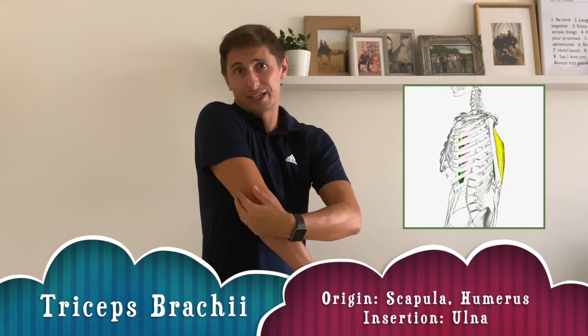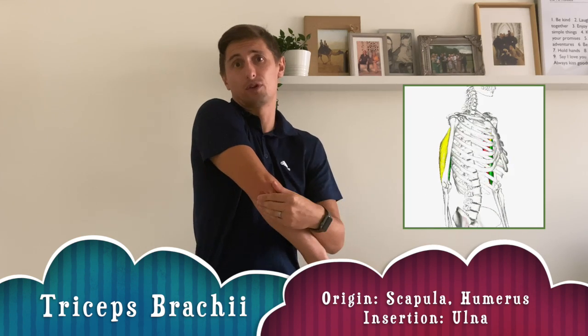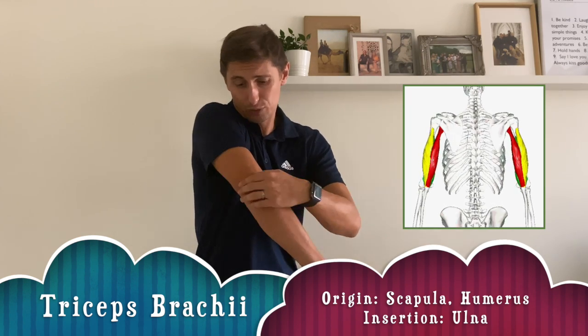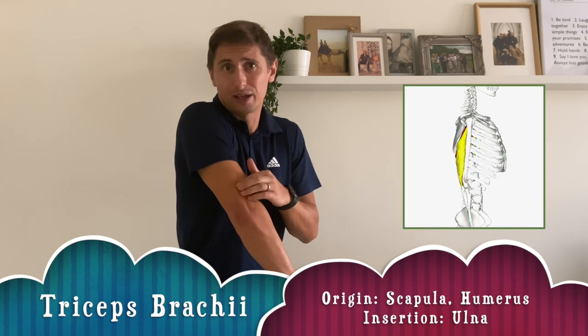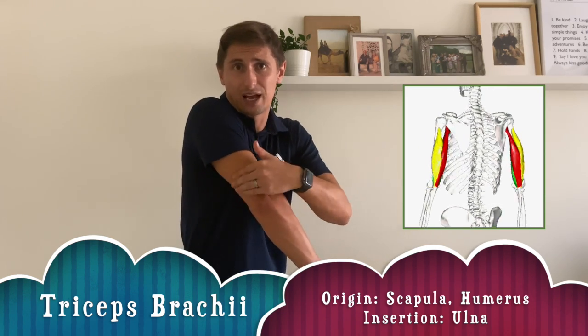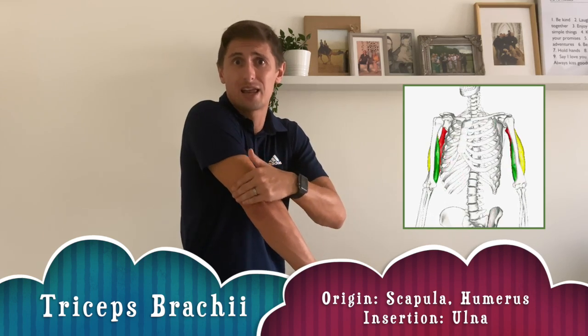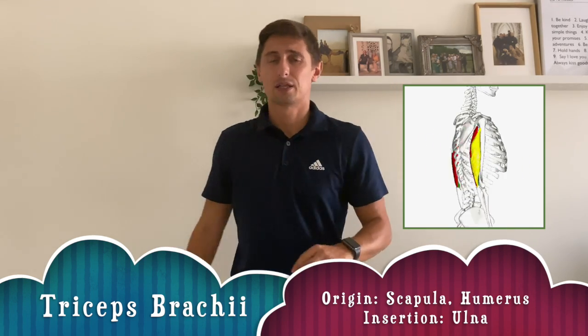This inserts into your ulna on the outside of your arm. Again, if you tense your tricep and you feel your thumb side, you'll feel it quite loose. If you feel your little finger side, you'll feel it quite firm, and that is the tendon that you can feel. There is 3 muscles in the upper body that all insert into the humerus, and that's what we're going